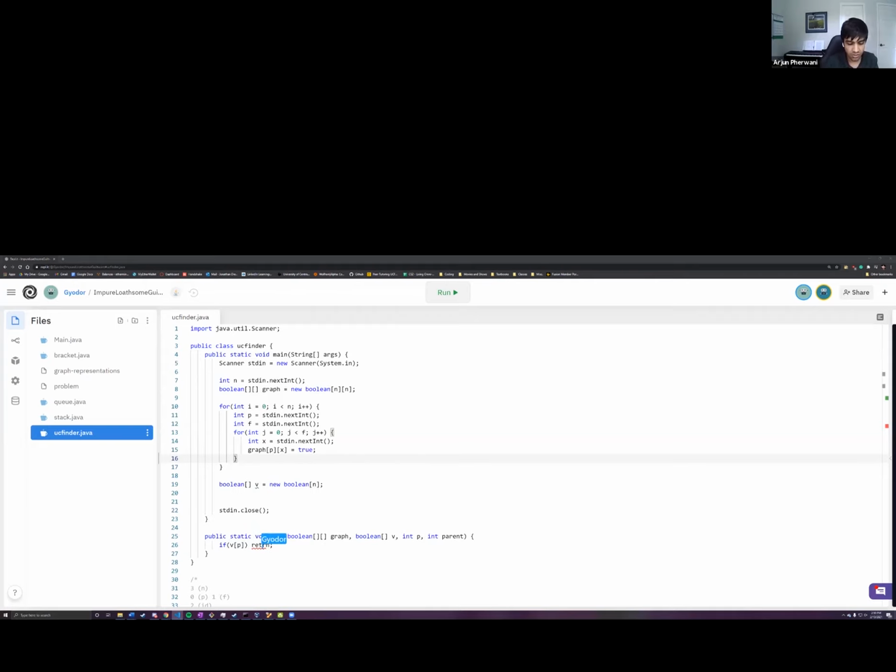The reason is because we really don't want to be stuck. If we go to a node that's already visited, we don't want to be stuck there. So if it hasn't been visited yet, which means this is the first time we're visiting this node, we mark that as visited, which is v[p] equals true. Does everyone understand why we're doing that? Yeah. Okay, good. Now, if p is not equal to parent, just print it out. sys out.